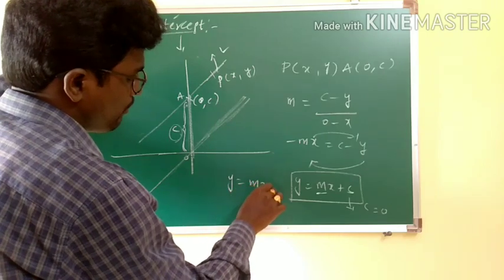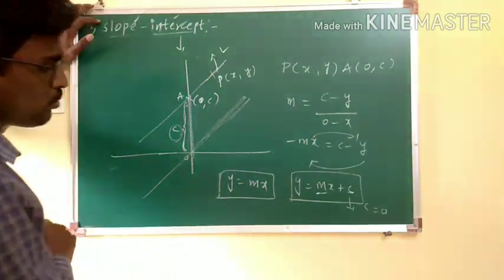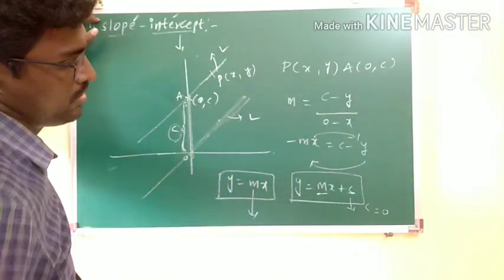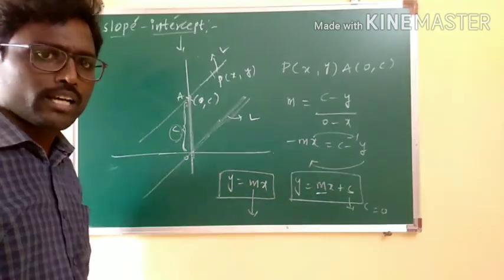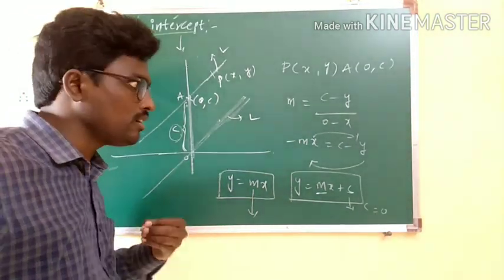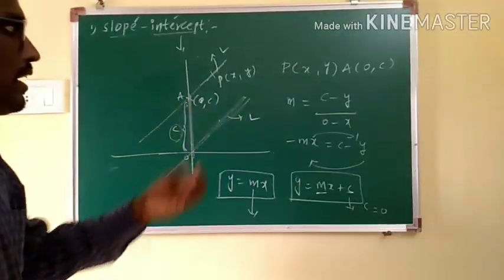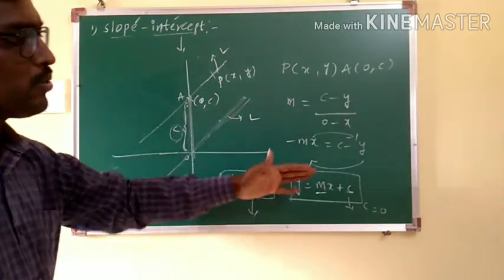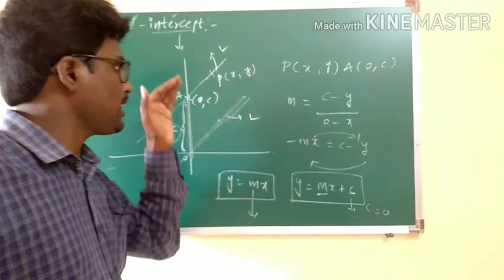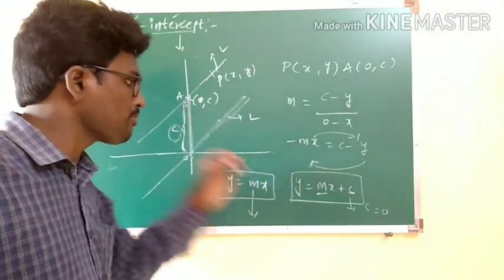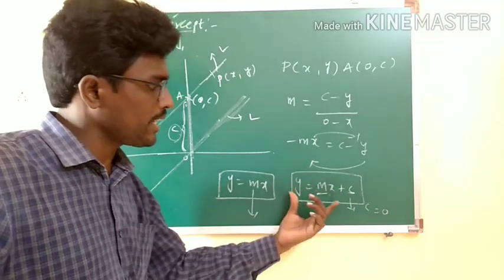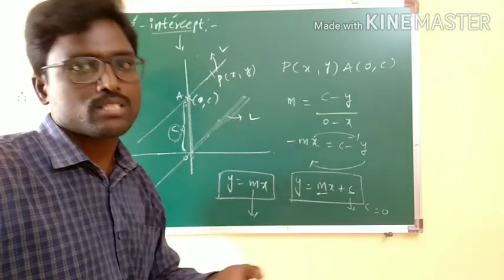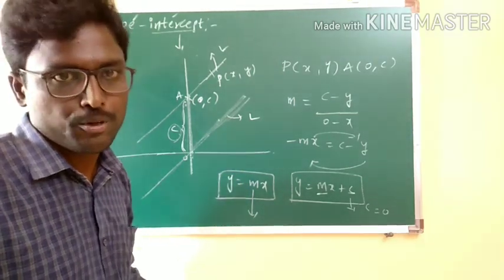Therefore, y is equal to mx is the equation of the line which is passing through the origin, where m is the slope of that particular line L. So here, with the help of the y-intercept and the point I have taken on the line, I could trace out m. With the help of that, I could get the standard equation of the slope intercept form, that is y is equal to mx plus c. And if that particular line is passing through the origin, then c becomes 0. So I am substituting c is equal to 0 in the line equation y is equal to mx plus c. We will be getting y is equal to mx as the equation of the line which is passing through the origin. Hope you understand.